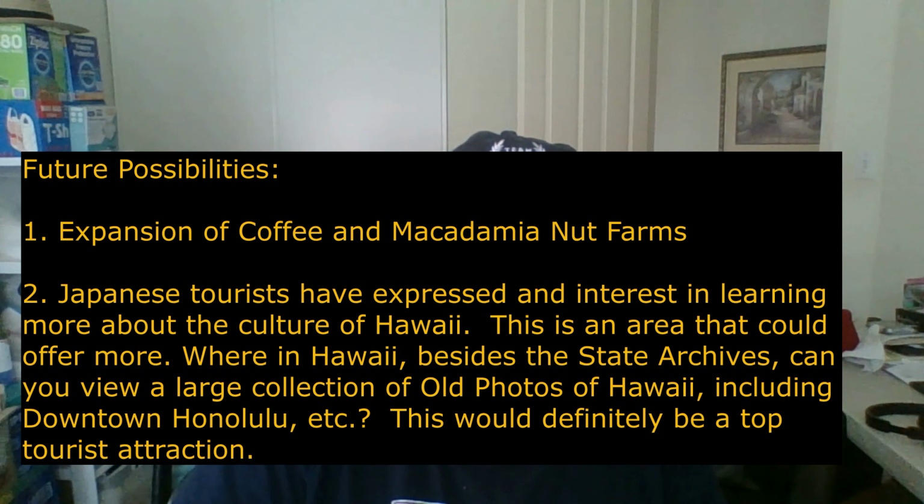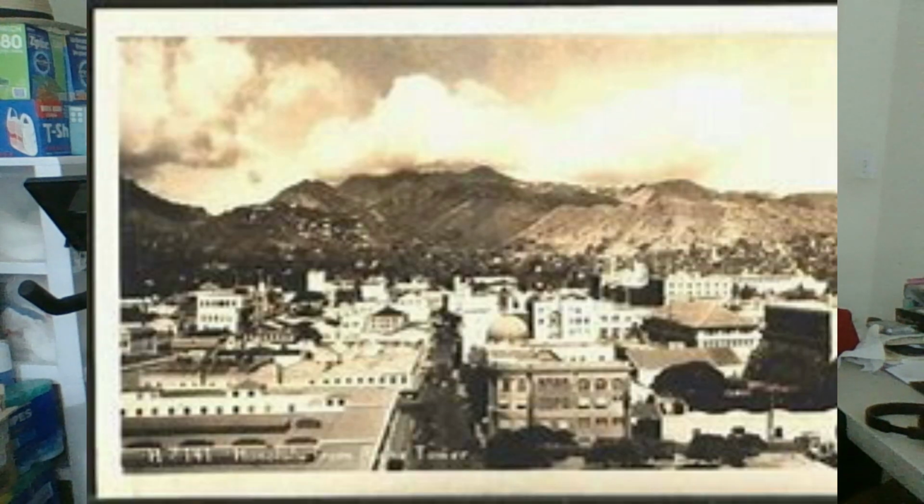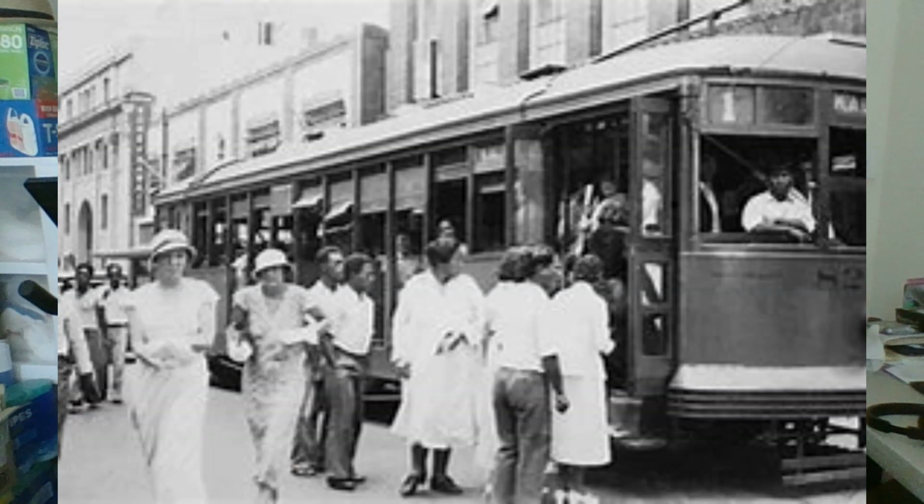Now, this place is like, okay, Iolani Palace, but that's more of a Hawaiian room. Then you got the Bishop Museum. Again, that's going back to the early Hawaiian period. You don't really have something that shows, say, and I'm showing some pictures right now, what I'm talking about. Old Hawaii, like in the 20s, 30s, 40s, or something. And explaining what these periods of history are and so forth. This is what Hawaii needs. This is what I think tourists would love to see. The historical aspect of Hawaii.